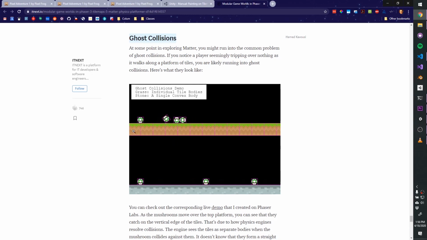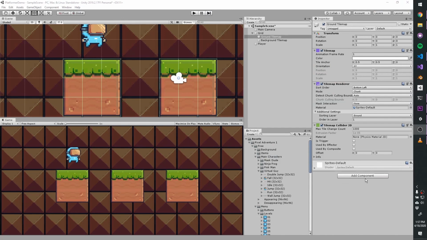The top is a tile map where each tile is its own physics body, and then throwing some mushrooms over it, you can see that they catch on the lip between two tiles. Really, what you want is for your world to have a nice single body over it, so that there's no lip for anything to get caught on. Like our player, as it's running along the platform, we don't want it to trip and catch on any of the lips. So Unity has given us a tile map